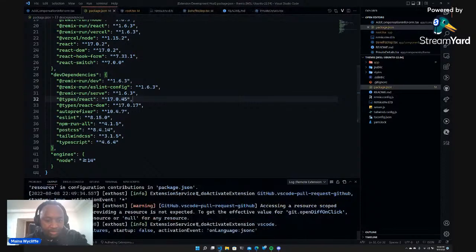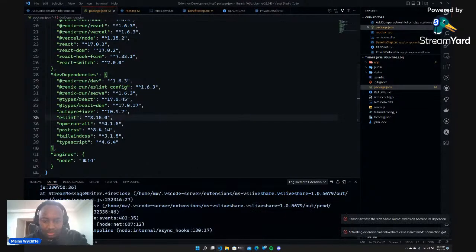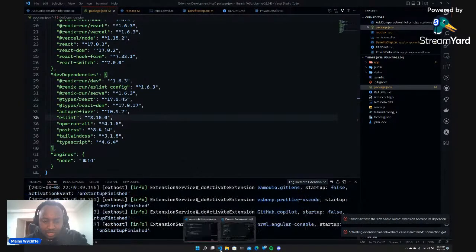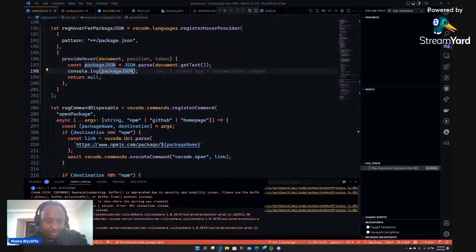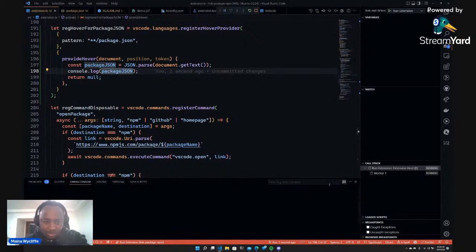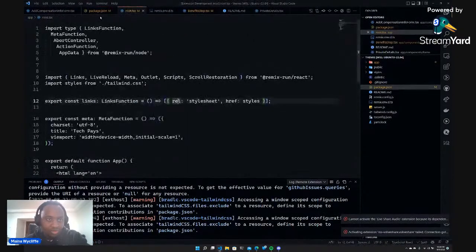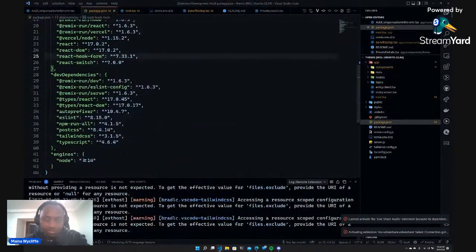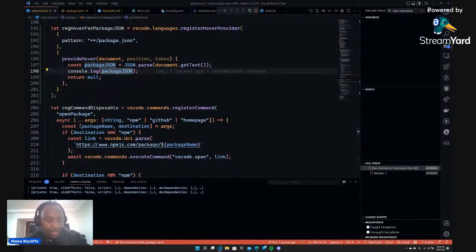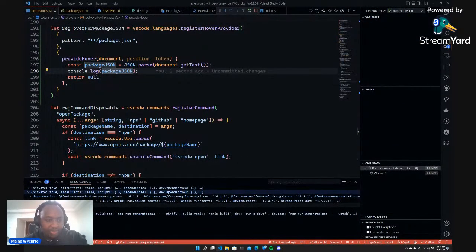As we wait for that to load, it should be emitting some sort of something. For some reason, this keeps on not drawing an error, which I am taking it upon myself to ignore. But